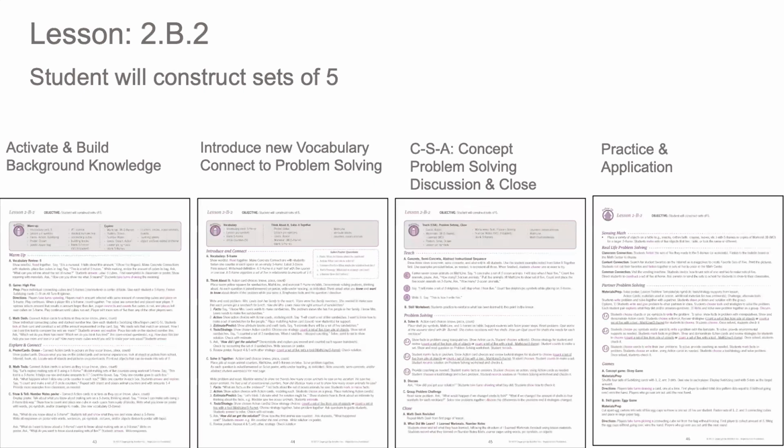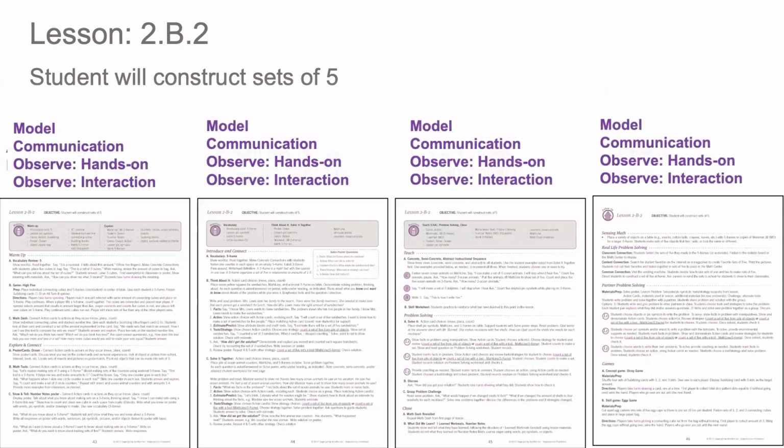So moving on to the lesson now, we'll focus first on the differentiation and the support that you'll find within that first page of the lesson. The lesson that we will be showing today is lesson 2B2, which is chapter 2, section B, lesson 2. The objective is student will construct sets of 5. We will go through each activity to get an idea of the philosophy of that activity. As we go through these activities, keep in mind those process areas that are embedded into each activity to support